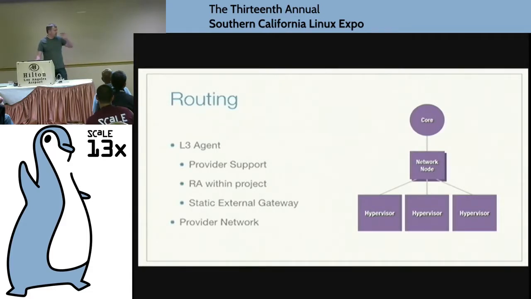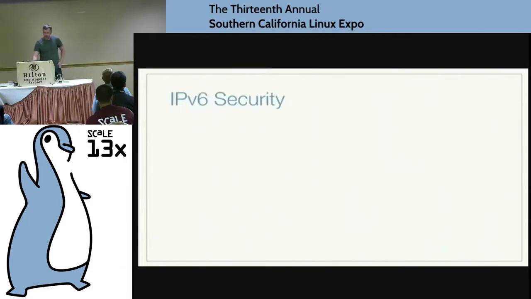The provider network is also another support we put in. One of the largest IPv6 deployments for OpenStack, I think, is Comcast, who are doing some work with it. They use more of a flat network, so they have a provider router upstream which is announcing RAs, and what we did is provide a hook to make that happen, especially for those running flat networking.